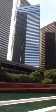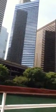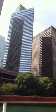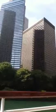Now, I want to talk about this mirrored facade building right here that's kind of looking at us. This is called the Swiss Hotel. And it's designed by an architect named Harry Weiss. And Harry loves triangles. In fact, you'll notice that this building is basically a giant triangle, pointing right at the